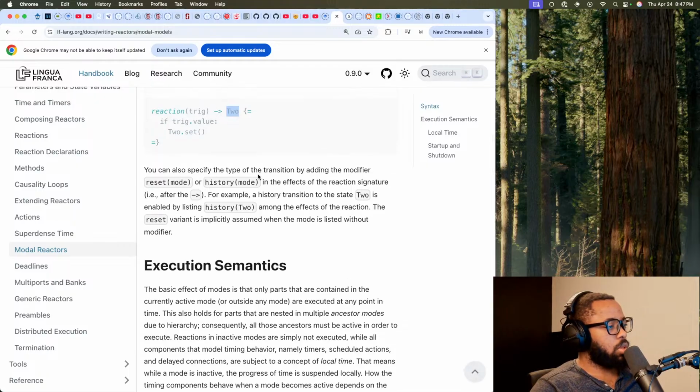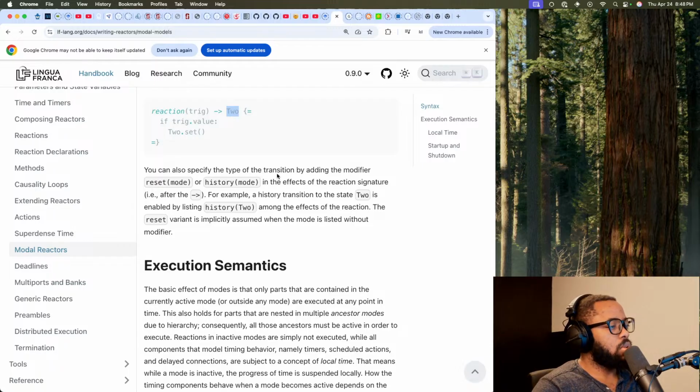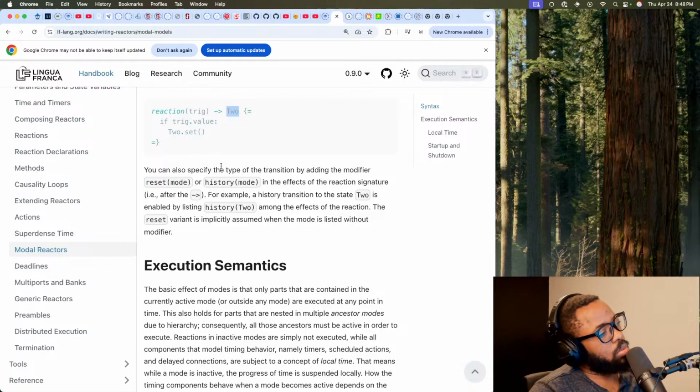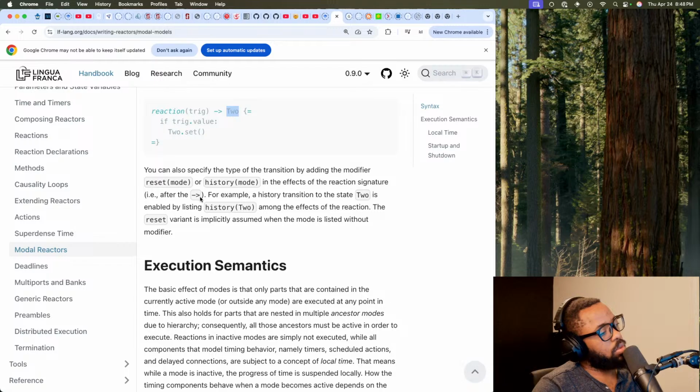You can also specify the type of the transition by adding the modifier reset or history, so in this case it will be reset 2 or history 2 in the effect of the reaction signature after the arrow.